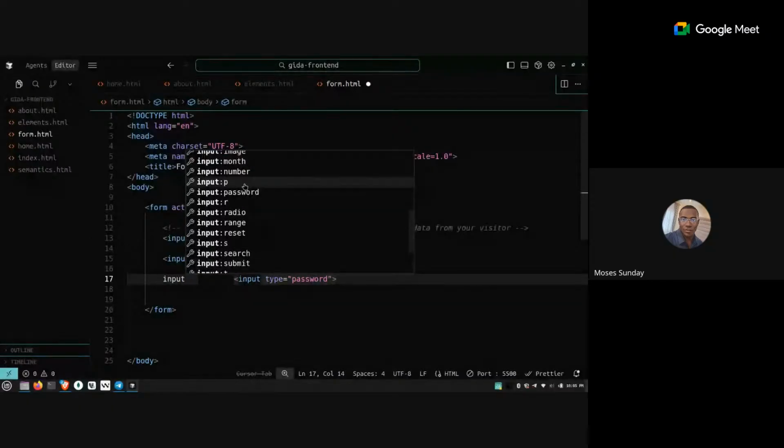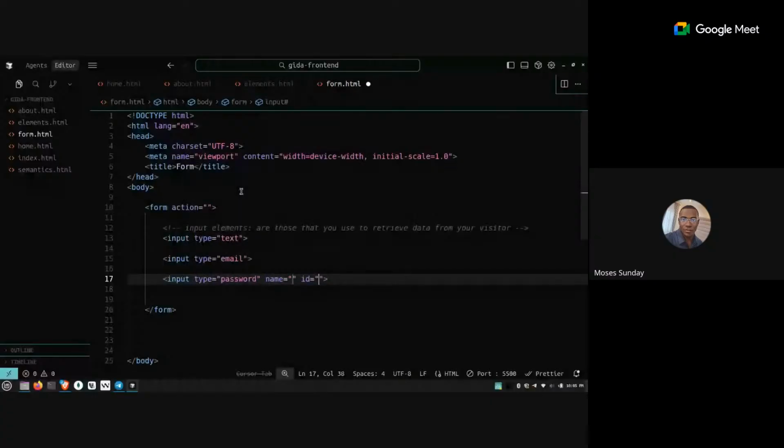Then we have password. So for password, let's look at password. What password does is, password will hide